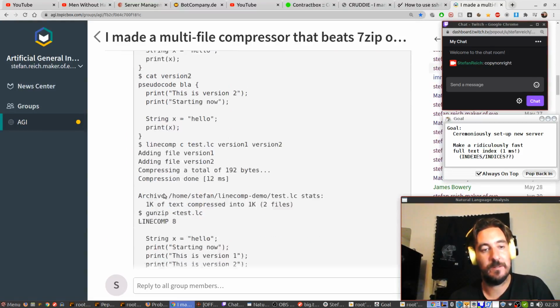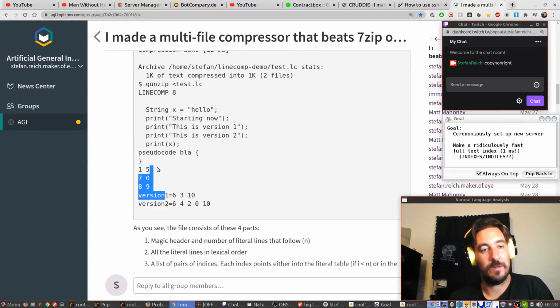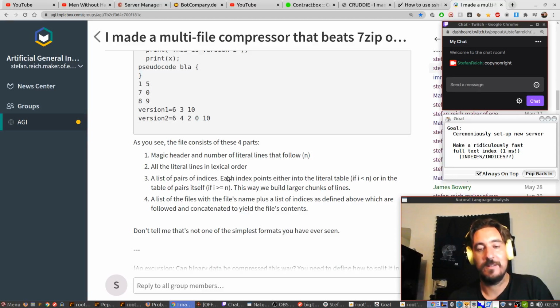It's just zipping plus a super simple format. You have some lines or some bytes and you say, I want number 1 of these plus number 5, give it a new name. I want number 7 plus number 0. And then the files turn into this. This is so simple, you can write it down on a napkin. It's a napkin-sized algorithm, or a toilet paper-sized algorithm. You could write it down here.